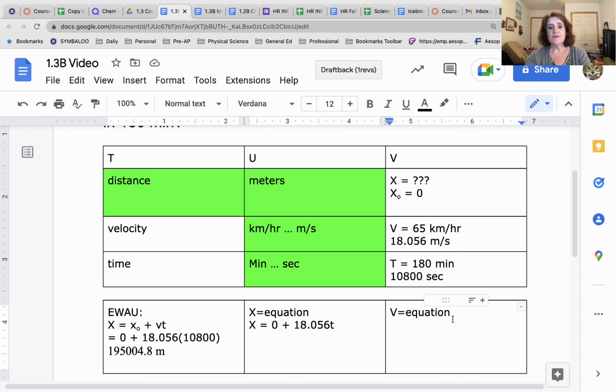And then the v equals equation would literally just be the velocity again. V is equal to 18.056. Notice I'm using the converted values, not the original given values, and that's vitally important. You want to be sure you put everything in the problem back to base